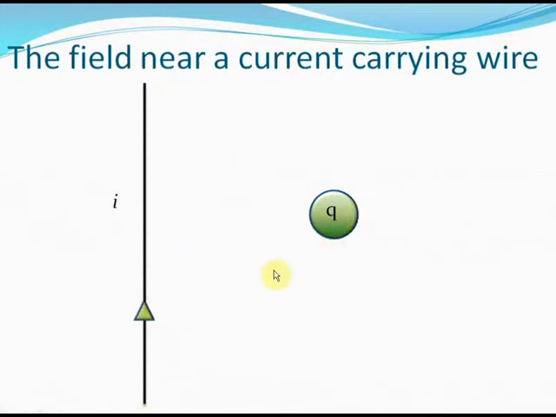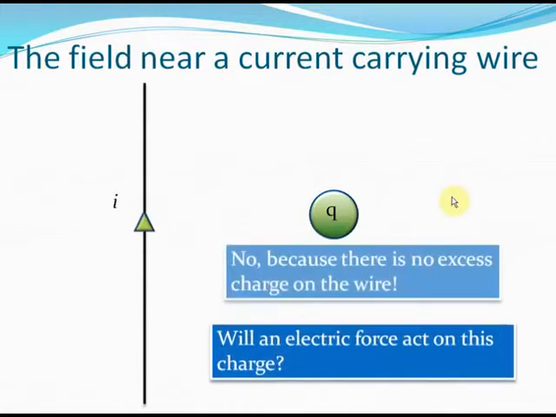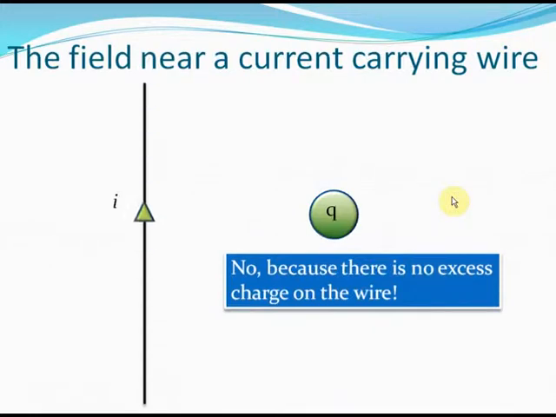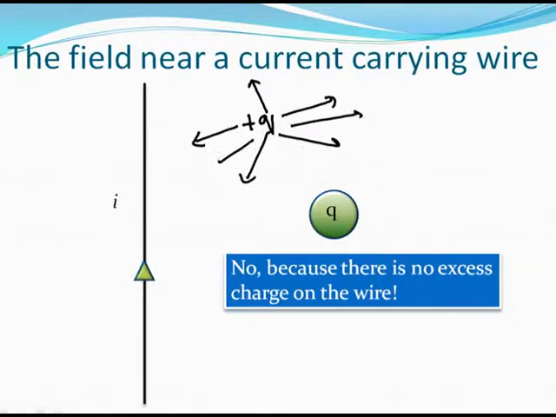However, a current carrying wire in general does not have any electric field associated with it. The reason is that, electric field is created when there is excess charge. So for example, if you had a charge plus Q, we had earlier studied that the electric field due to the charge plus Q will be 1 by 4 pi epsilon naught into Q by R square, remember? Now this Q charge had an electric field associated with it because it was the excess charge on the body.